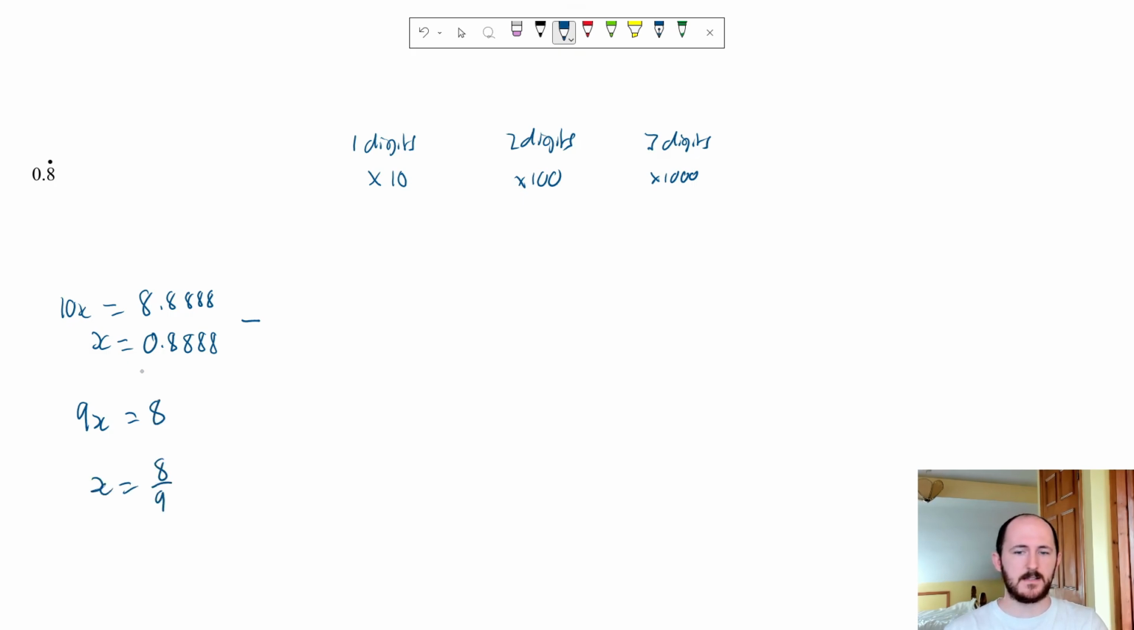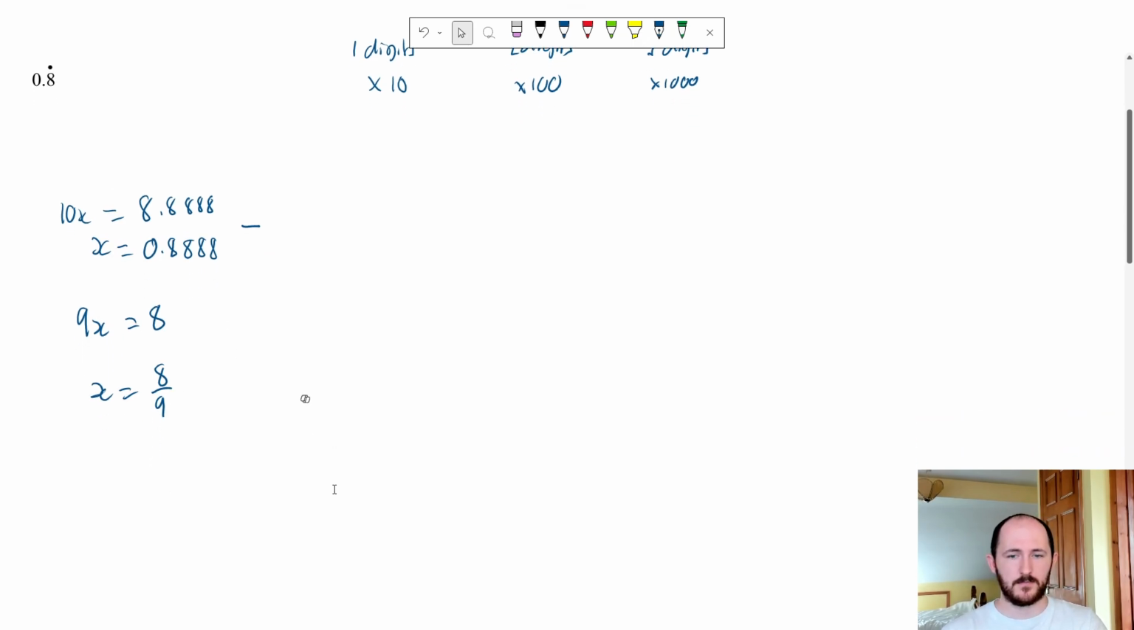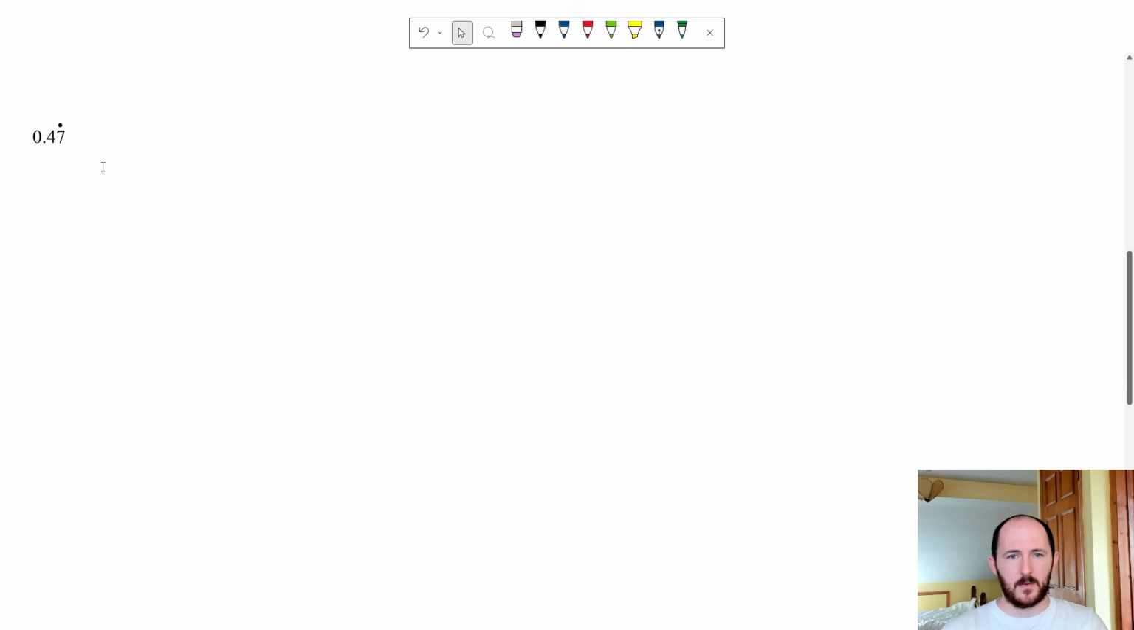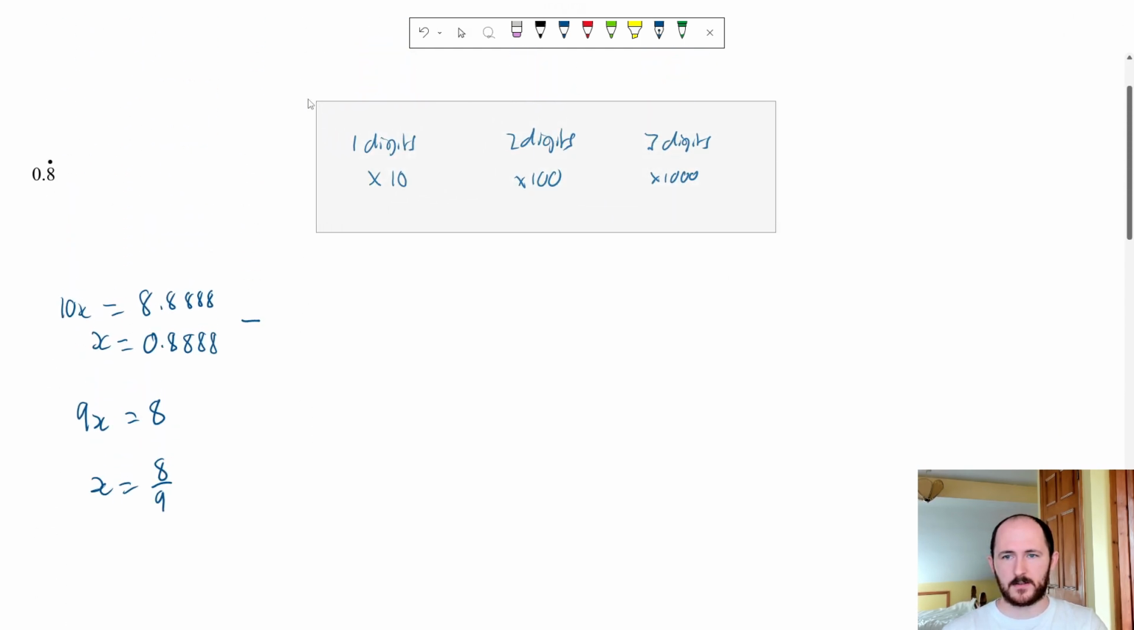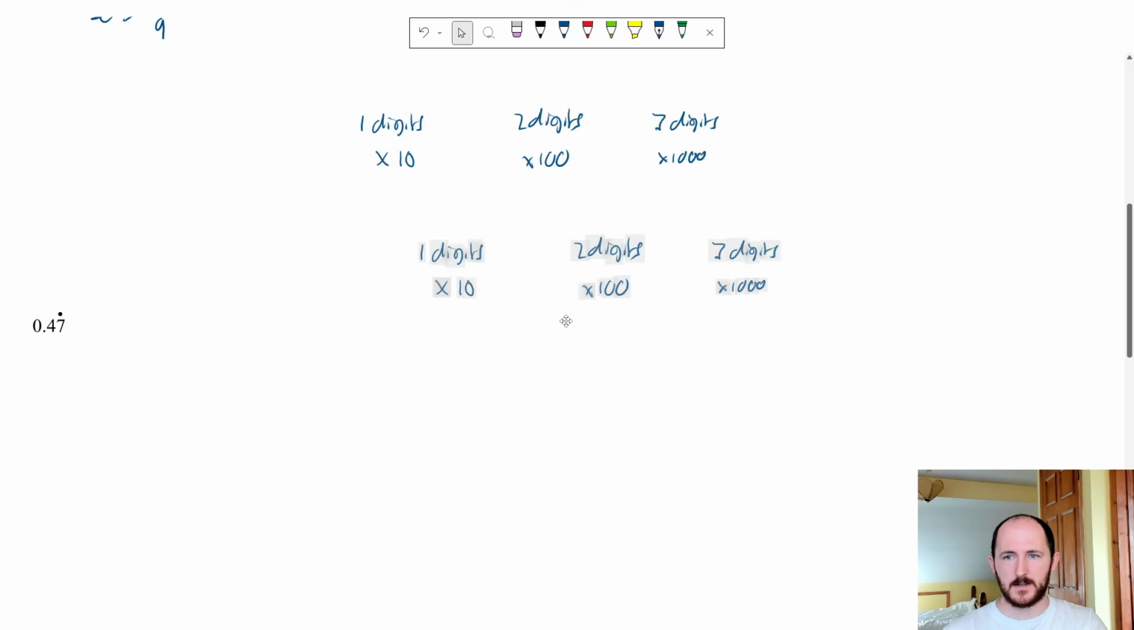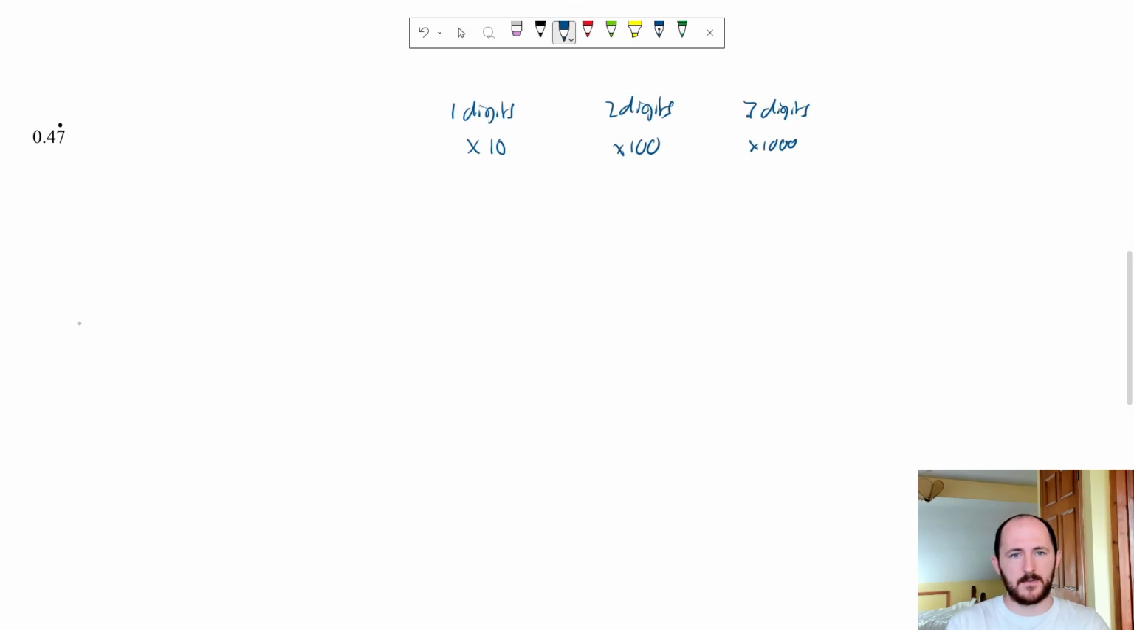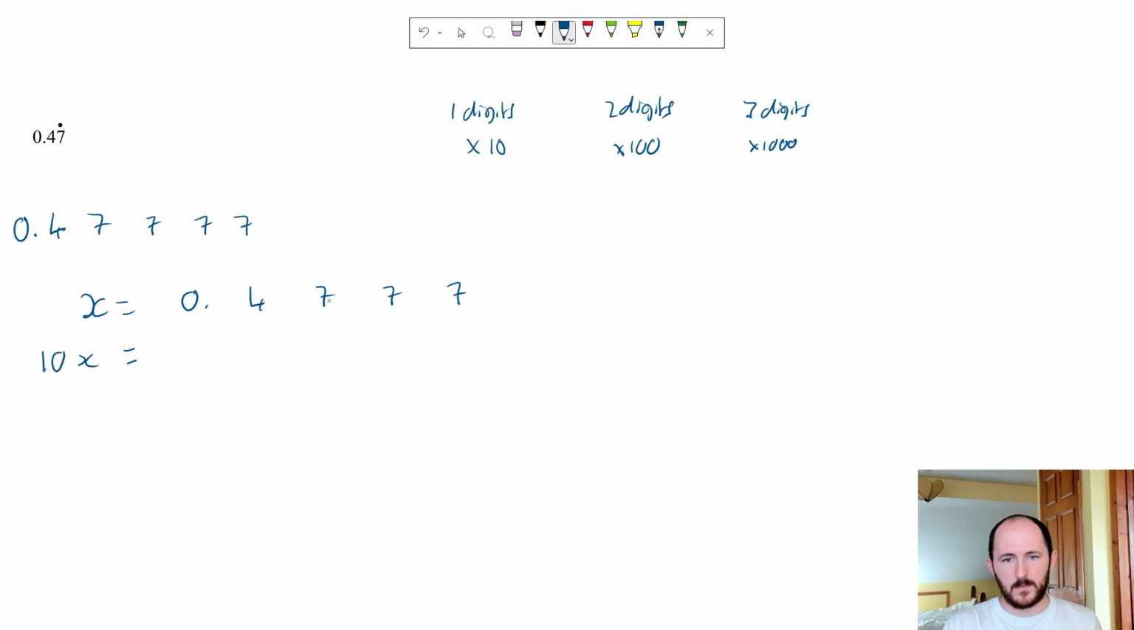And if you put 8 over 9 into your calculator, you get 0.8 recurring. So let's try again. Once again, using this rule from up here, in fact I'll drag this down as we go through the examples. If I write this whole thing out, we have 0.47777. So how many digits are repeating? Well, it's only one digit that's repeating, so I'm going to times it by 10. So we have x is equal to 0.477 going on forever, times it by 10, we get